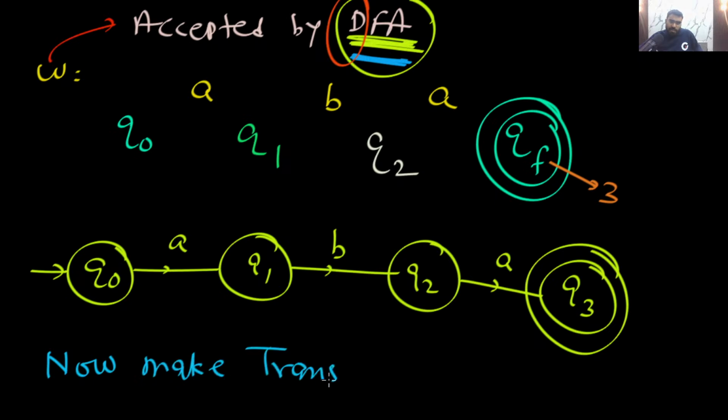First of all, you tell me, is this necessary? Is this mandatory that Q3 must have transition on A, B? In the DFA, in the deterministic finite automata, is this necessary that this final state Q3 must have some transition on A, B? Yes, that is the definition of DFA. So now you make transition from Q3